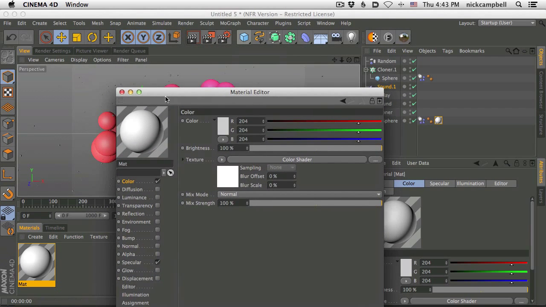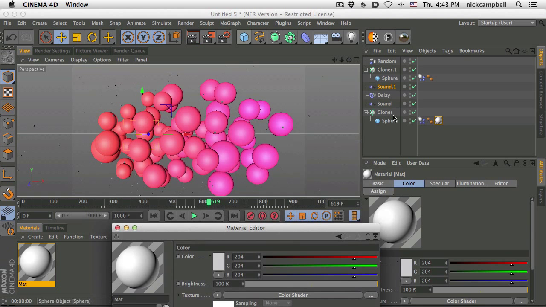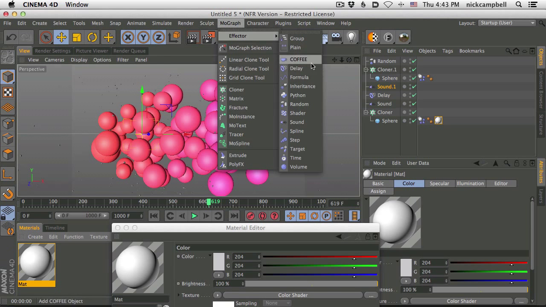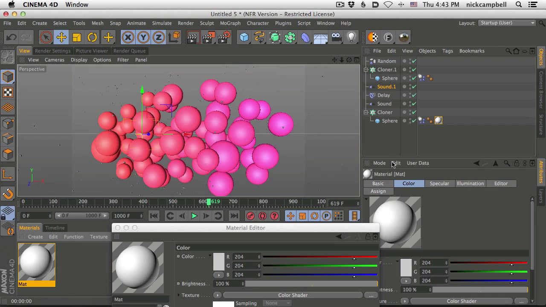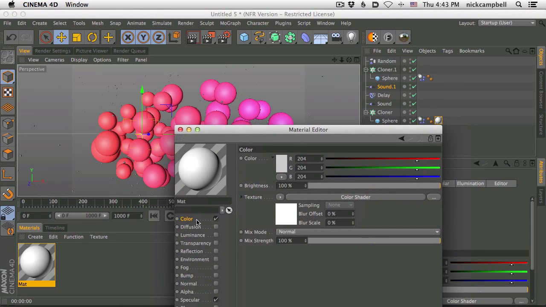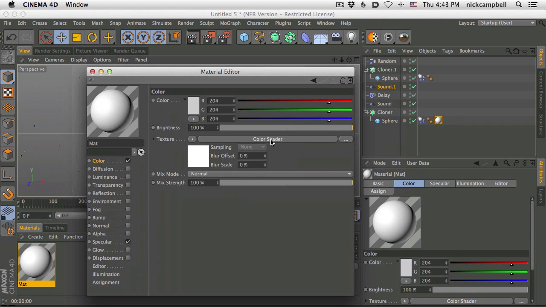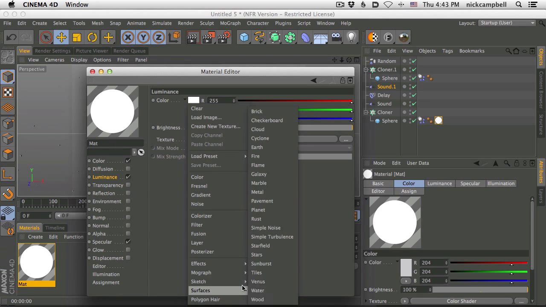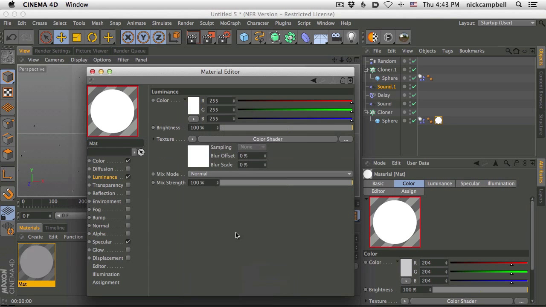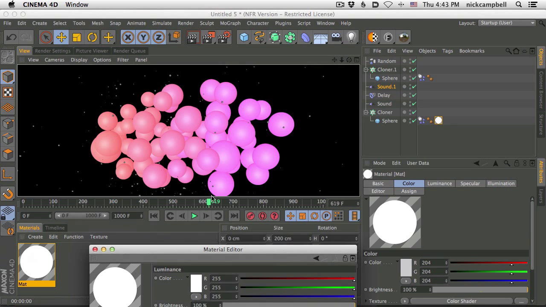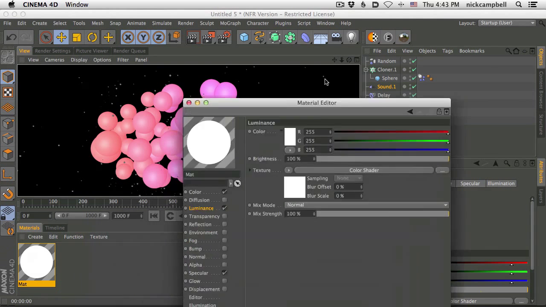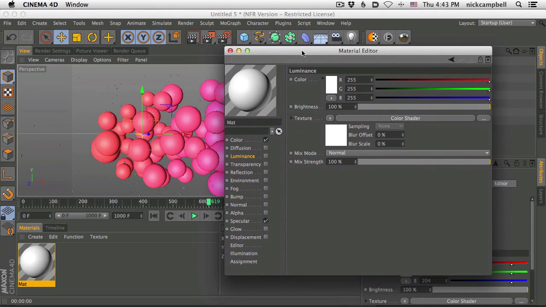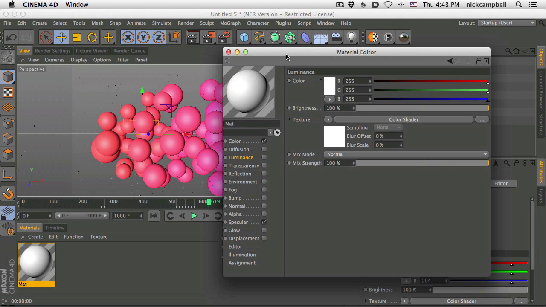It doesn't show up here because it's different for every object, right? This is also popular with the shader effector, obviously. Any time you're using color in one of the effectors, this is the way you pull it out. So now the color is actually driven by the color shader. You can do this with the luminance as well. If you want the luminance to be driven by the color shader, you can do the exact same thing and say color shader, and now when we hit render, it's a luminant material with that texture, not just the color. We don't need it in this case, but that's how you start to build your texture.